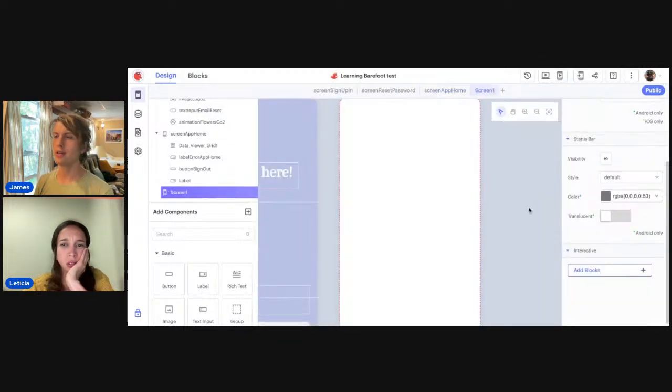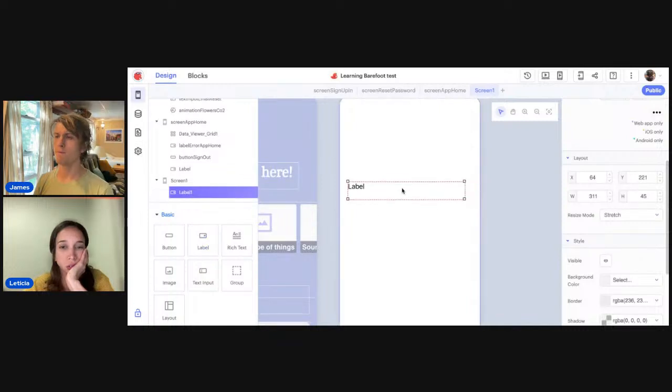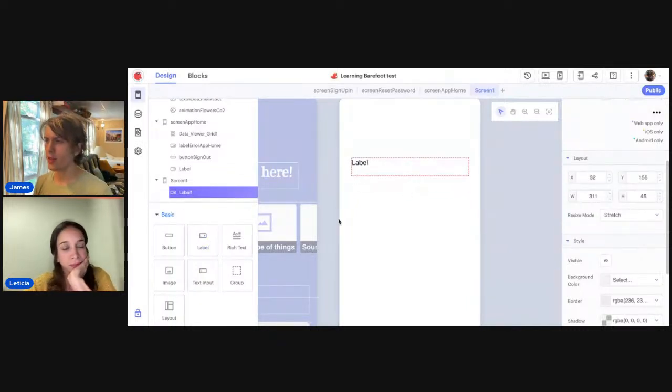Yeah, go back to that. So all the top, what's on top is the components that you have already, and then what's on the bottom is things you can add. From here. Okay, sorry. So there it says label. Yeah, that's fine. And I think that should be good. So let's go back to the data grid.